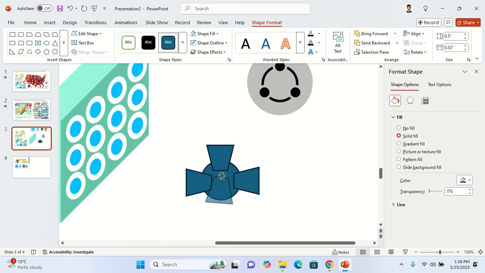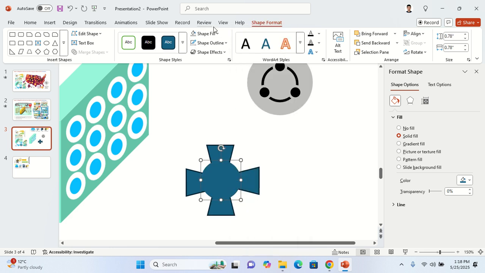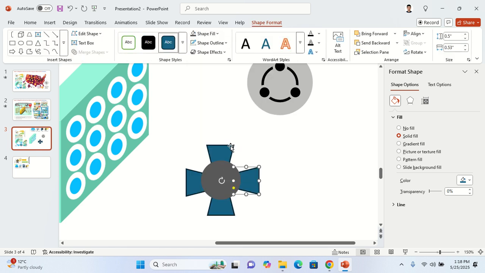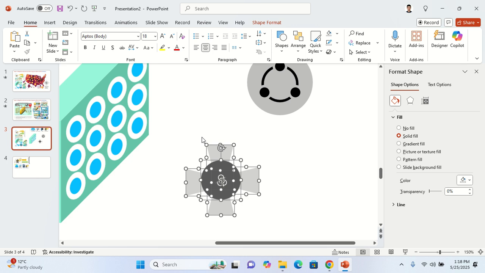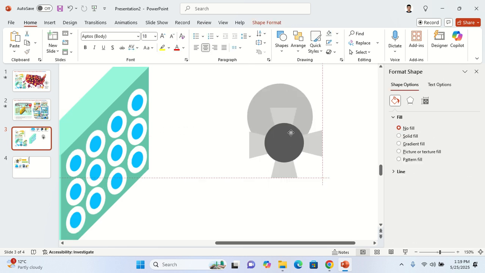And then do it like this, bring it down, and now bring this one to the front. Okay, no color, shape format, give it a darker color, and then use this one, no outline, and give it a lighter color. Once you're done with this one, group it, remove this one, go here,